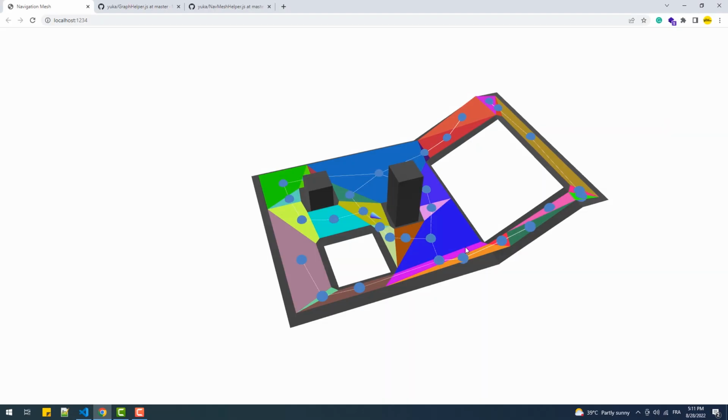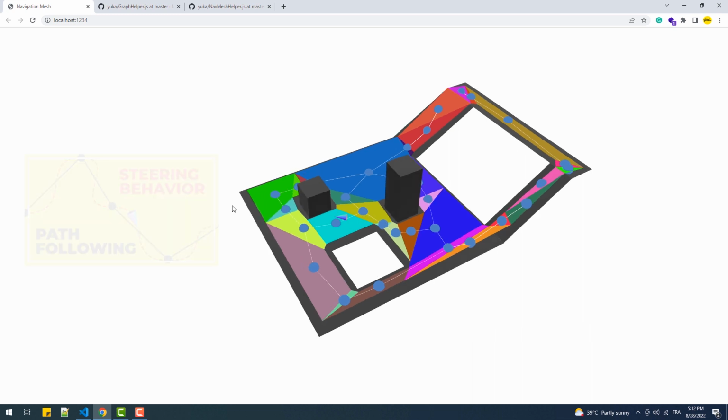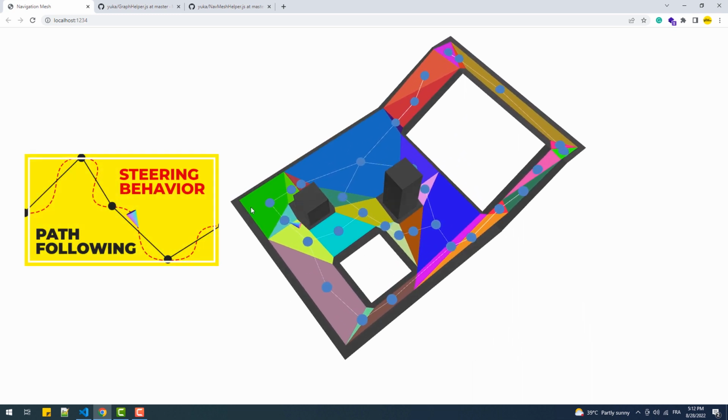In this video, we are going to discover how to make and use navigation meshes to create walkable paths for moving agents. Before we start though, make sure you watch this tutorial in which I explained a lot of stuff that we are going to use, like what is an agent, a vehicle, a steering behavior, and the follow path